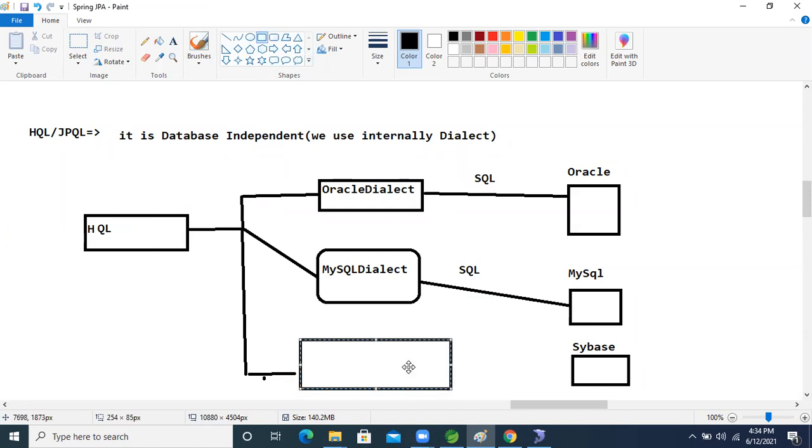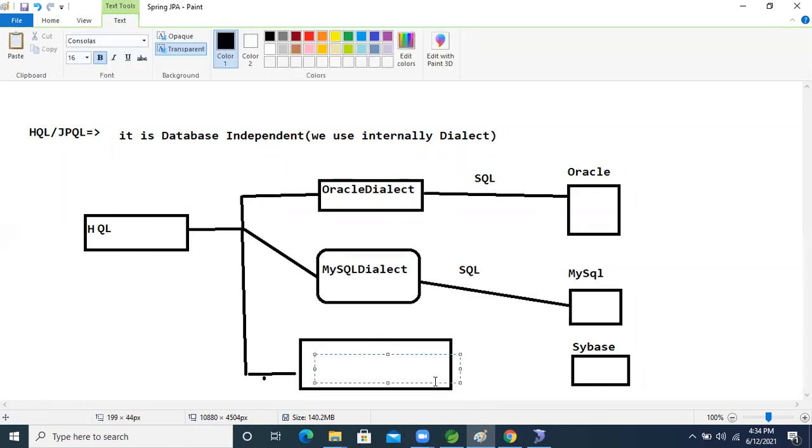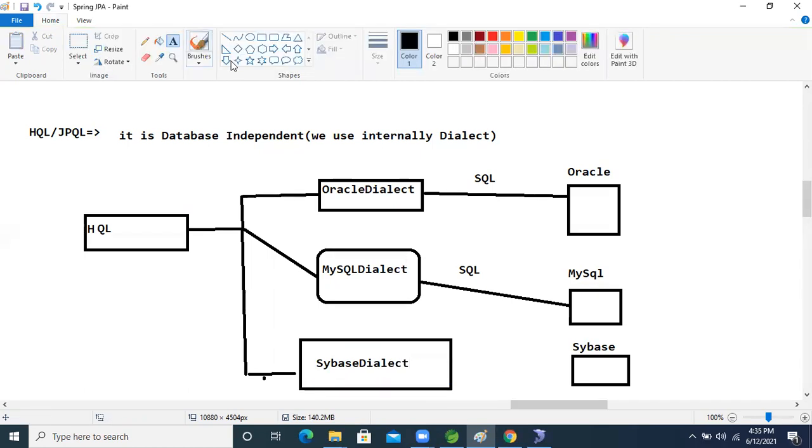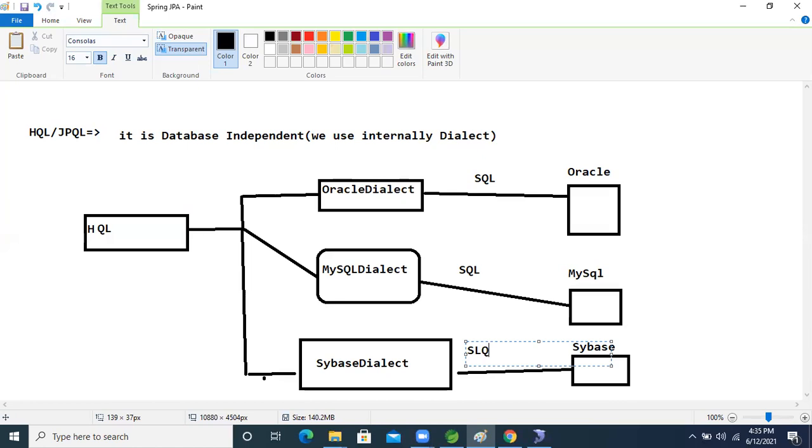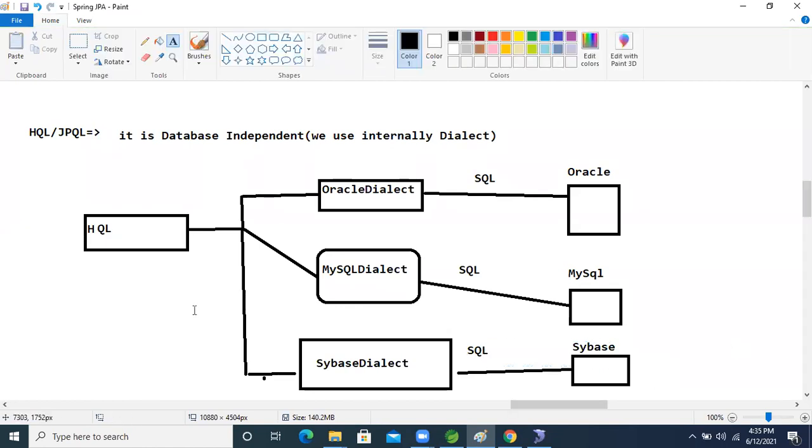Think about a Sybase dialect: it will generate Sybase SQL. So we just write the HQL query.